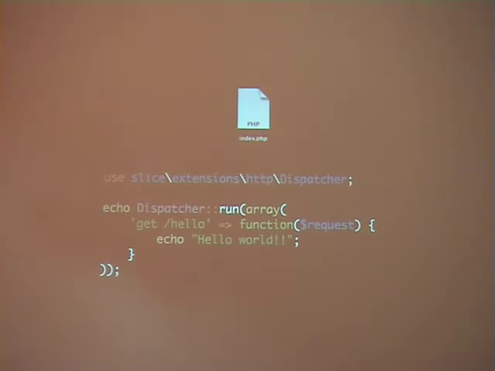So, going back to our index.php. This is what an implementation of Slice looks like, and you can stick that right in index.php along with the rest of your normal application. And this is Hello World in Slice. As you can see, we are importing the Slice dispatcher and actually calling run on it and giving it this little thing,